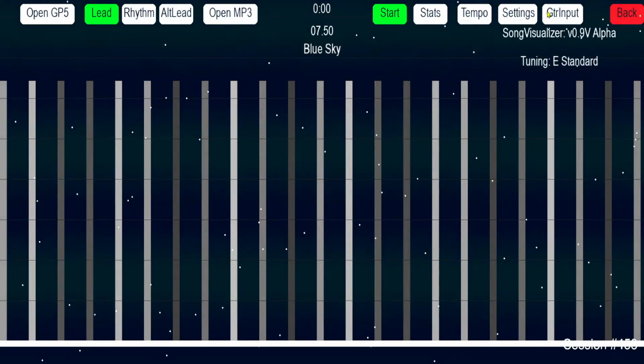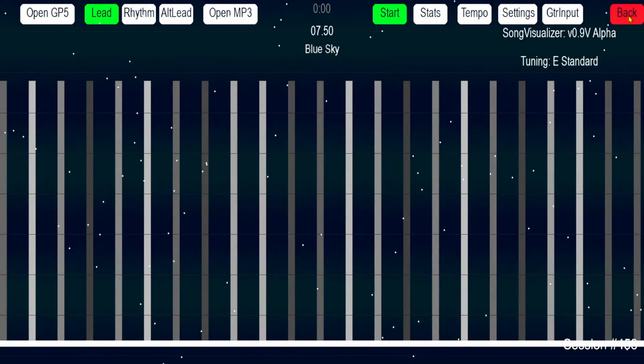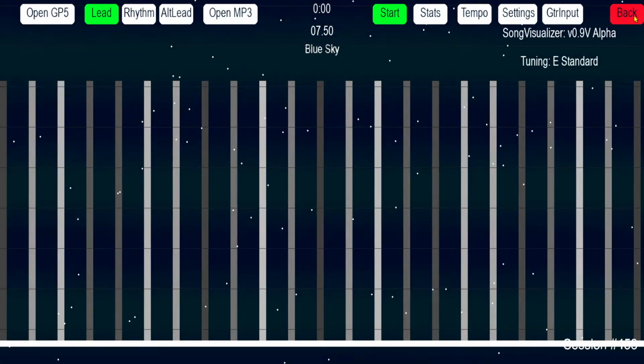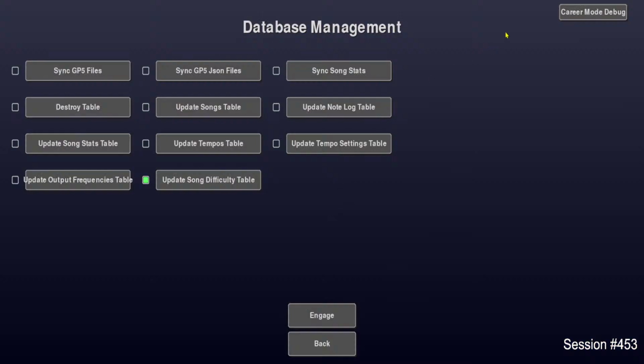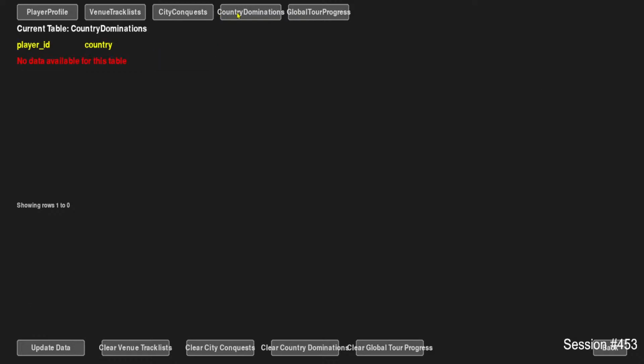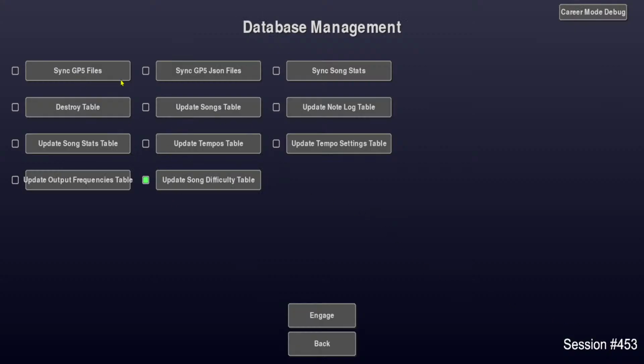So like when I go to this screen, I go back. Now I'm at the start screen, then I go to quick play, then I'm at this screen, then I go to settings, then I'm at this screen. But settings opens this screen before opening that settings screen, and then there's a database screen. And debugging database career mode, this was a fun update. So I can manipulate the database through the GUI as a user, and this thing, database management, I'm still updating. I just updated the difficulty table concept,